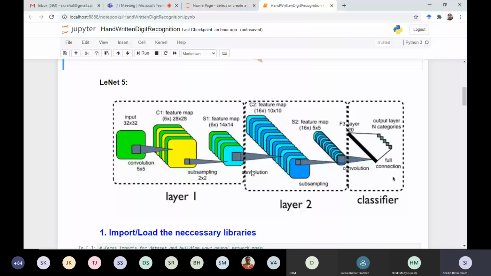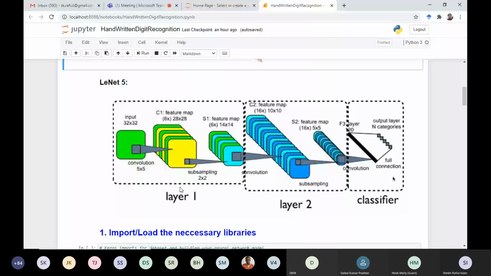And after that, we have used a sampling operation there. So after the first layer and second layer, we have this in the output. Now we are going to the classifier part.